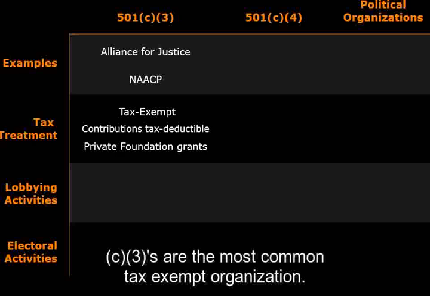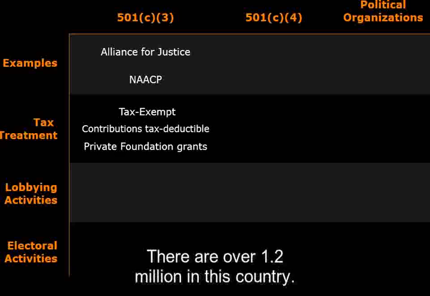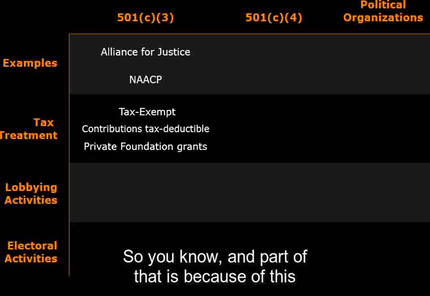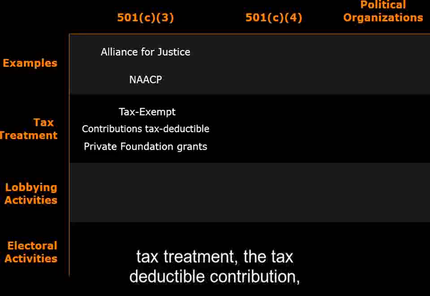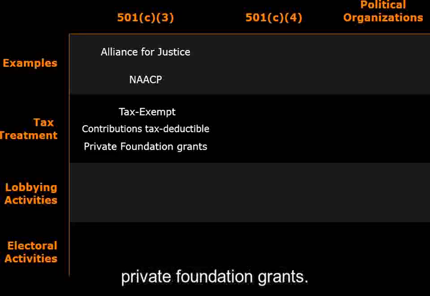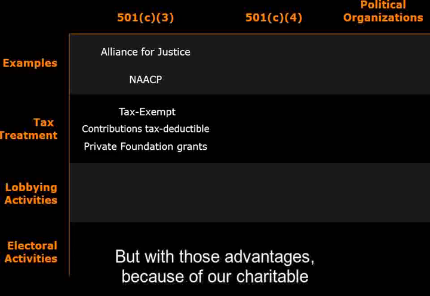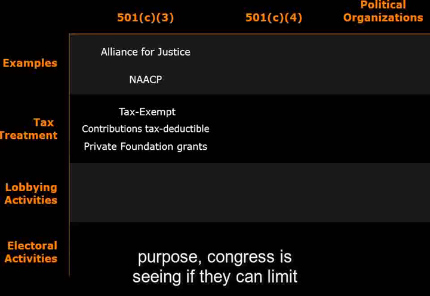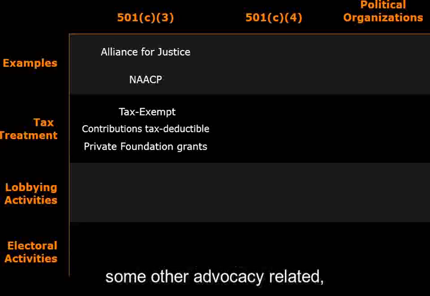C3s are the most common tax-exempt organization. There are over 1.2 million in this country. Part of that is because of this tax treatment, the tax-deductible contributions, private foundation grants. But with those advantages, because of our charitable purpose, Congress has seen fit to limit some other advocacy-related